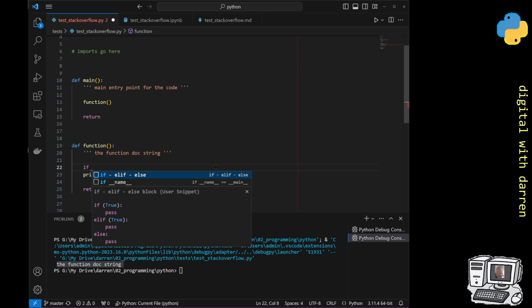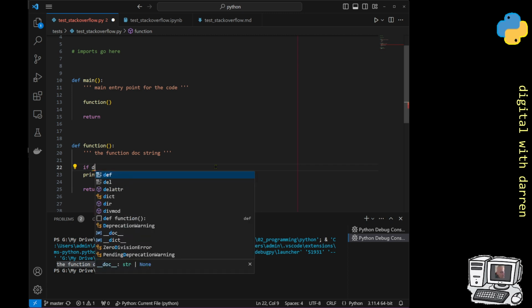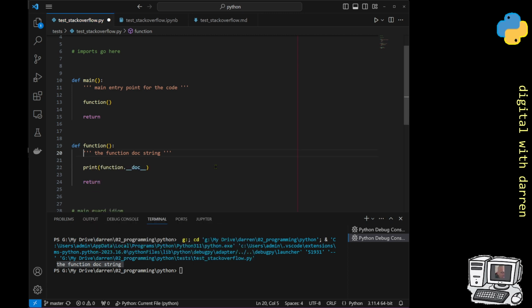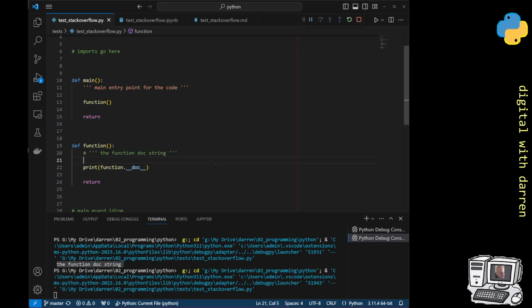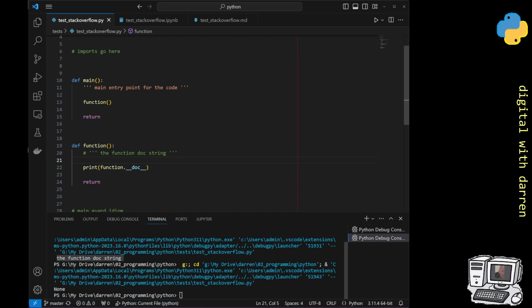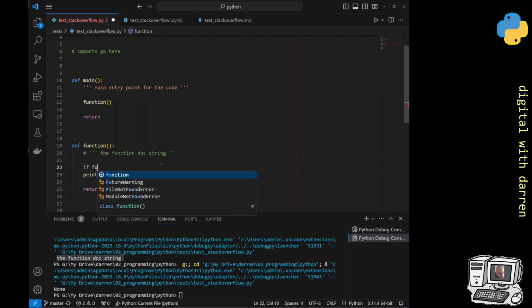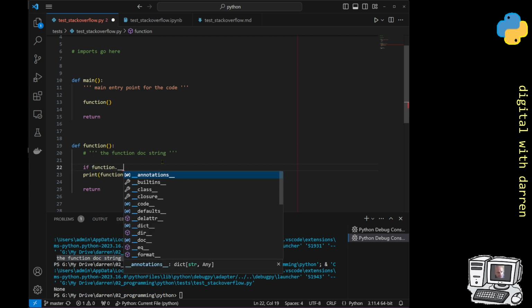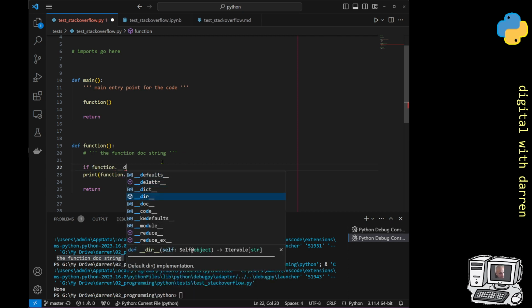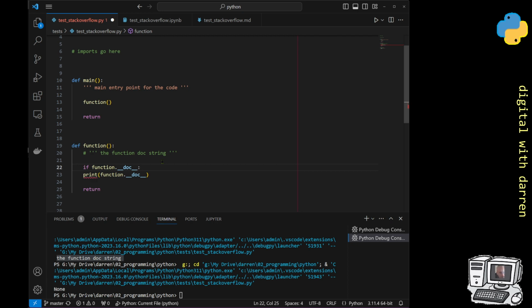Because we can do something like this. By the way, I'll show this as well: if we comment this out now and run that same piece of code a second time, we don't actually have the docstring. What comes back is a None. So we could do something like this, which is if function dot double underscore doc, just to check that we do actually have a docstring, then over here we can print